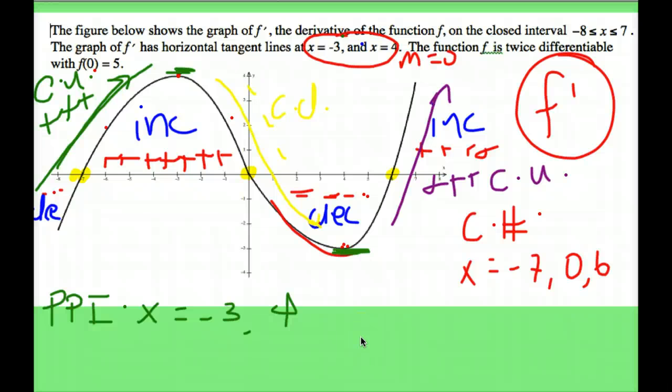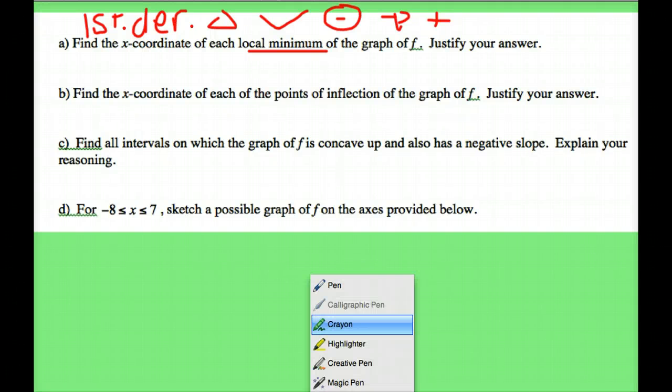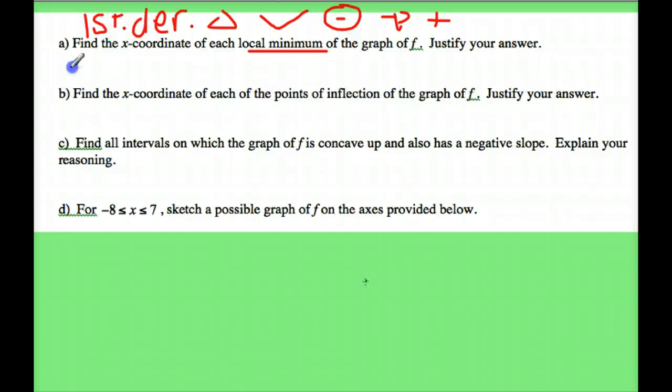So one area we see is right here, from negative to positive. That means this right here, x equals negative 7, has to be a minimum. Another time I go from negative to positive is from here. This is negative, it's positive, so I know right here at x equals 6, that is also another minimum. So we're going to say that this happens when x is equal to negative 7 and x is equal to positive 6,